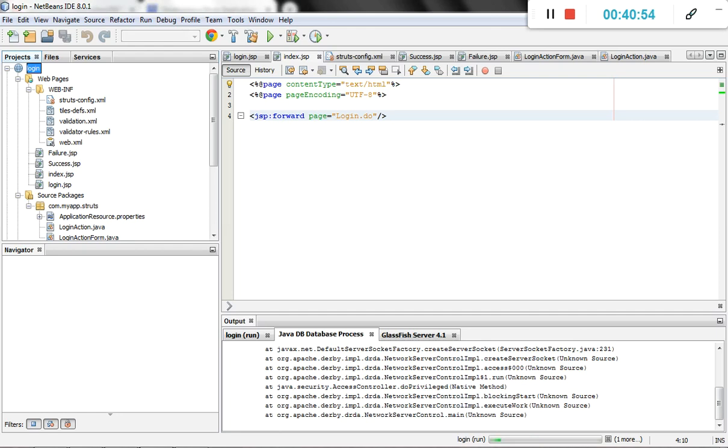When we create a new project, we add the framework. We select the framework as Struts, and when we create the login action form and login action, these are the files which run with the help of it, automatically generated because of Struts.